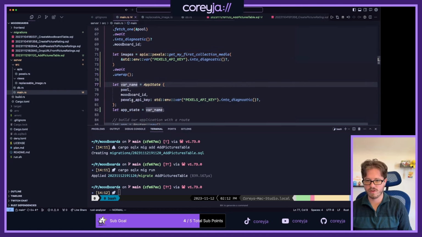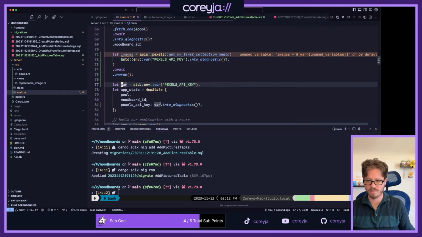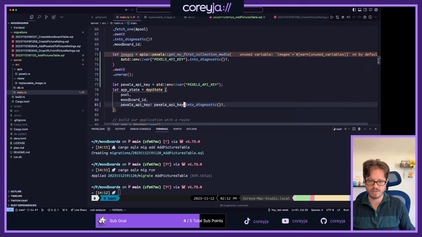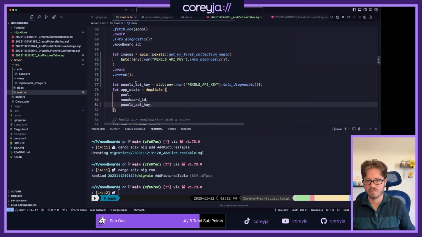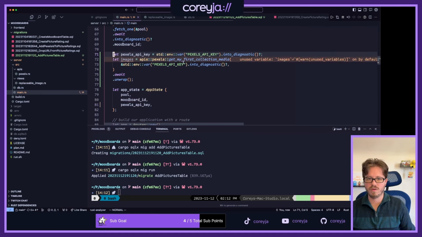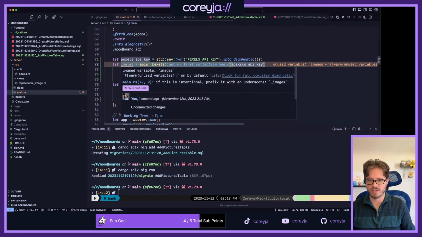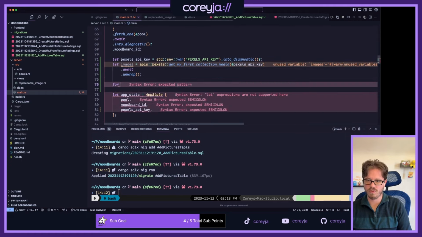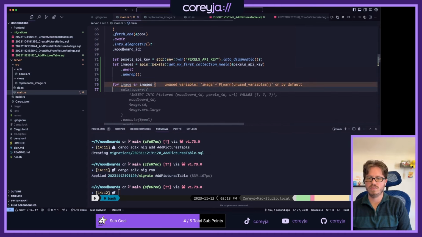Let's extract this to a variable. That's not what I wanted. I wanted to extract this to a variable. There we go. Oh, well, it kind of did what I wanted. There we go. Okay. I already have the API key now. There we go. Okay, so now we can get images, and then for image in images, we do insert into